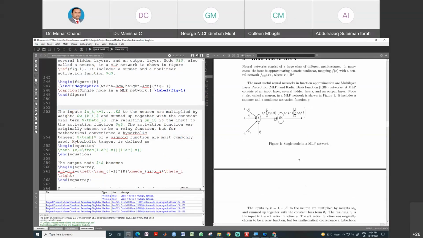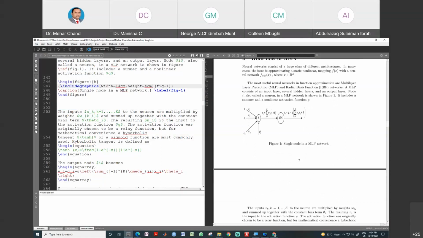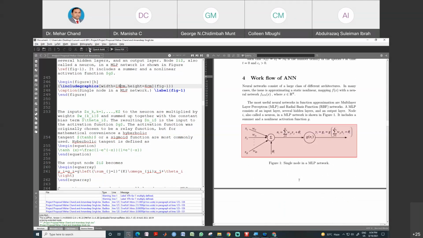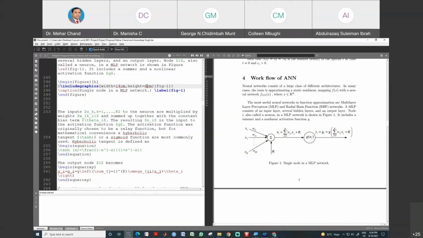See, the size of the figure decreased. So it is fine if it is 1/4. According to our document, we can increase or decrease the size of the figure. If it is 6 centimeters, see its height will be increased. Very simple to use.